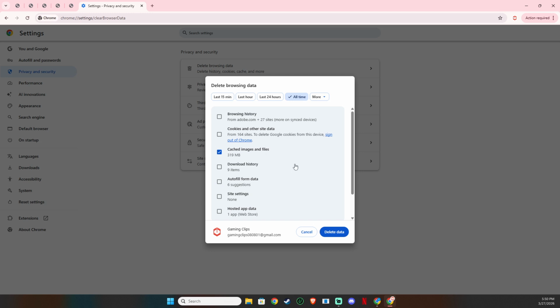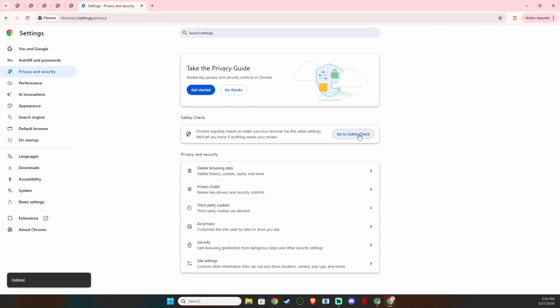Once you've set the time range to all time, checked cached images and files, and confirmed other boxes are unchecked, click Delete Data. Chrome will take a moment to remove the stored files. Don't worry, this doesn't delete your bookmarks or saved passwords, and it won't remove your browsing history if you left